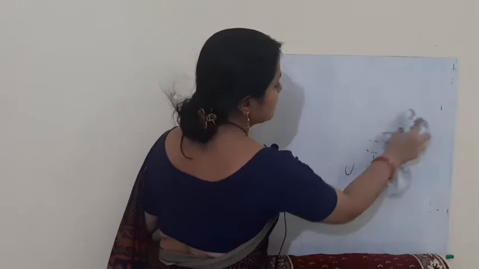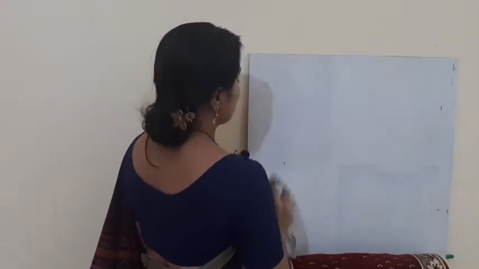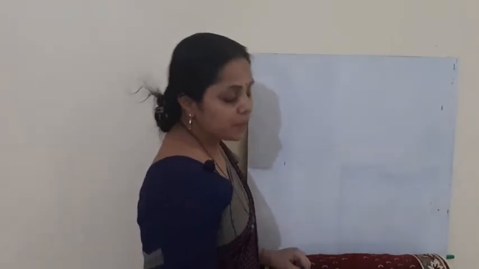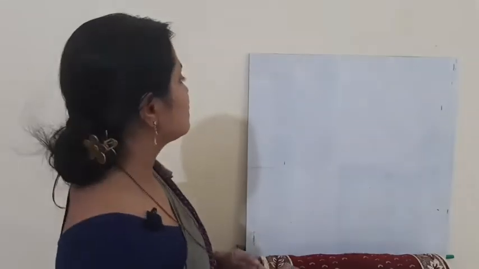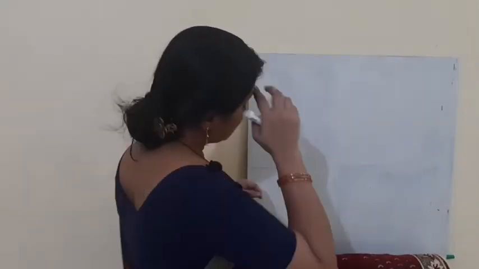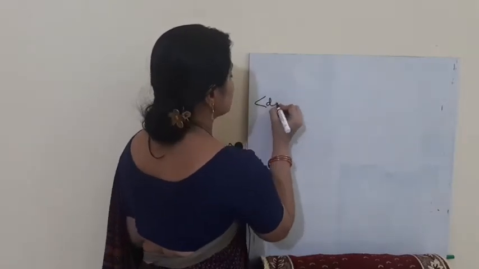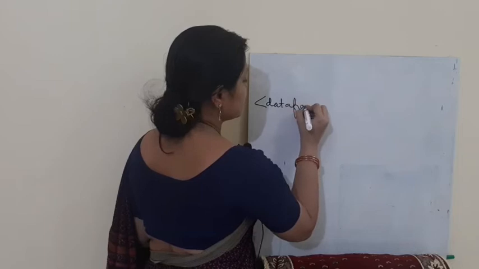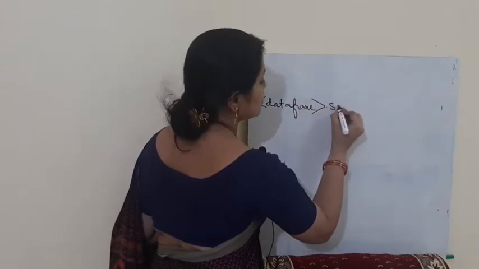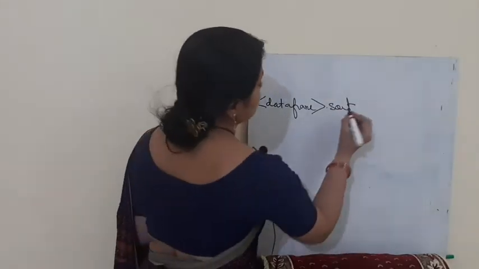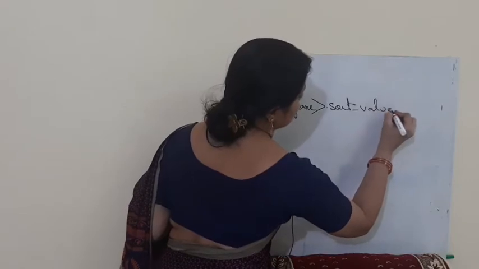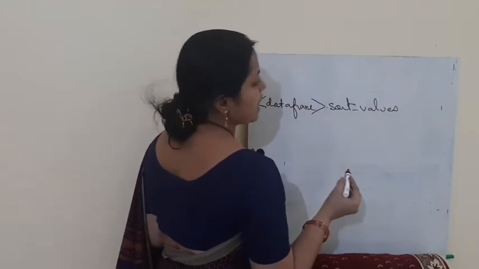We all know about this, but how are we going to do it with a data frame? We know that data frames are also like spreadsheets, but the difference is that the things we were doing through button clicks in Excel, we are doing here with commands. So for sorting in a data frame, we use the function dataframe.sort_values. Sort_values is a function that will be used for sorting values. This function has a number of arguments.